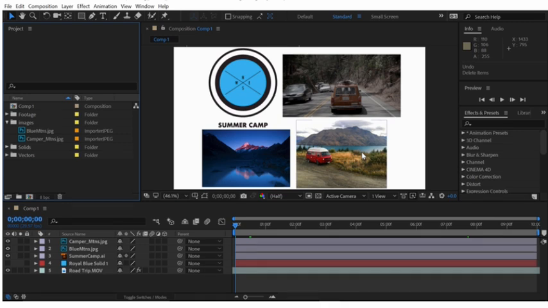Now I have to say, getting in the habit of keeping the project panel well organized is a very good way to keep your creative life pain-free as you continue